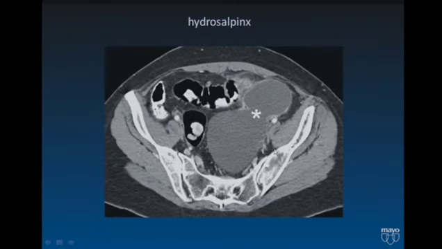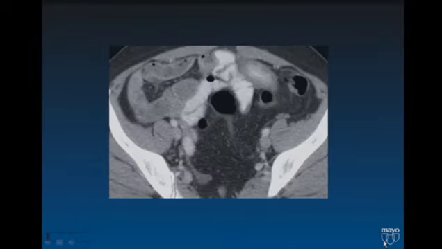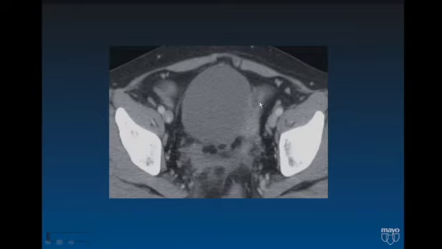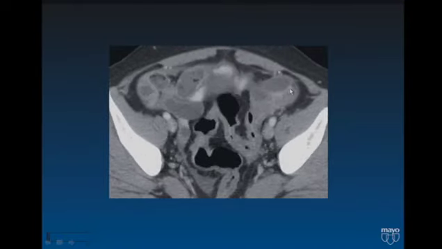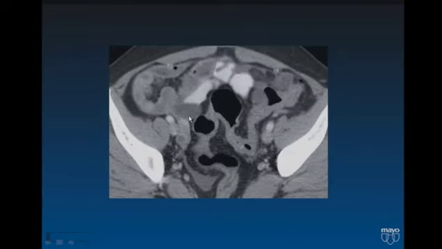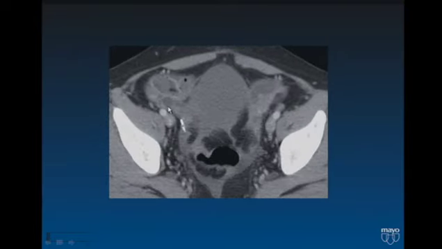A hydrosalpinx can have a characteristic appearance on CT in that it can have a waist in a tubular mass, as we see in this very large hydrosalpinx. And sometimes that is best seen on rolling through the images on CT. So you can see here, this hypodense area is actually a tubular structure, which is a hydrosalpinx. And occasionally one has to scroll through the images to get a better sense as to the tubular configuration of these masses. But once you've established that they're tubular, they don't have any wall nodularity, and that they are fluid in attenuation, you can make a diagnosis of hydrosalpinx based on the CT and really not require an ultrasound for